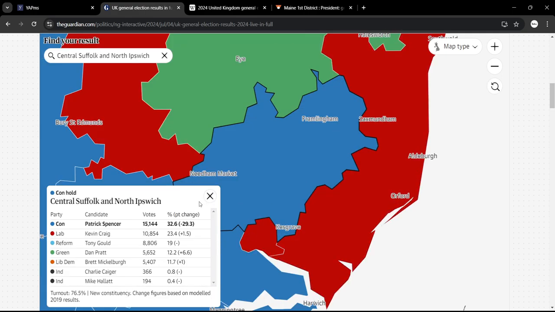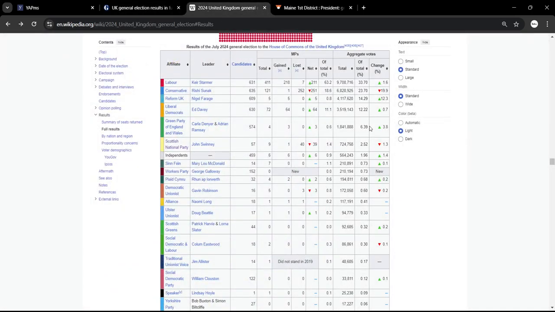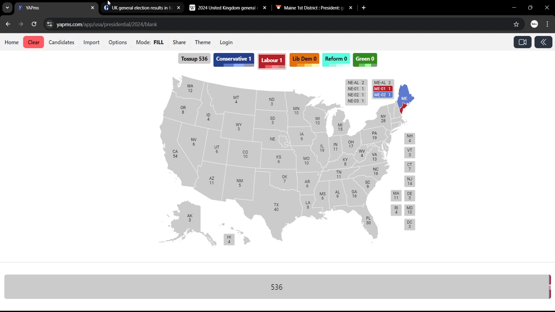As you can see, Green, well, we can actually just go to the average here. 6% of total votes across England and Wales. So maybe in Vermont and New Hampshire they'd get up to maybe 10, but I don't think that impacts Labour all too much, because Reform are probably taking 5 to 10 off of them in each state. So really we'll see. Again, immigration's a bit more of an isolated issue in the US. Certain states it really doesn't make an impact all that much, and in many other states it really makes an impact. So really Reform's results are going to fluctuate quite viciously,